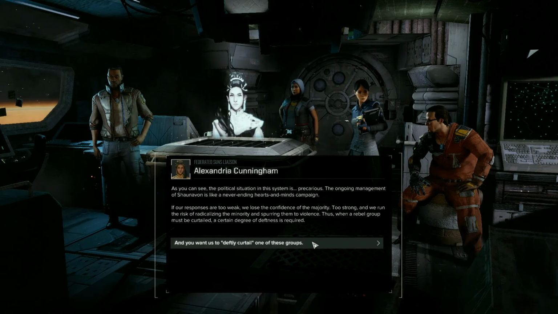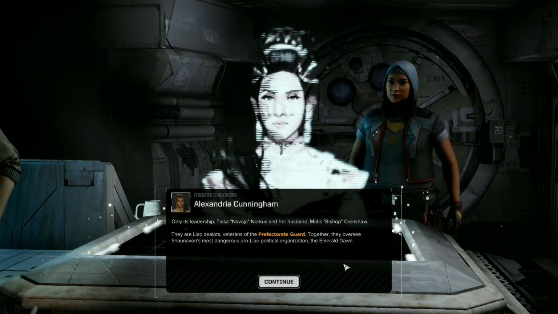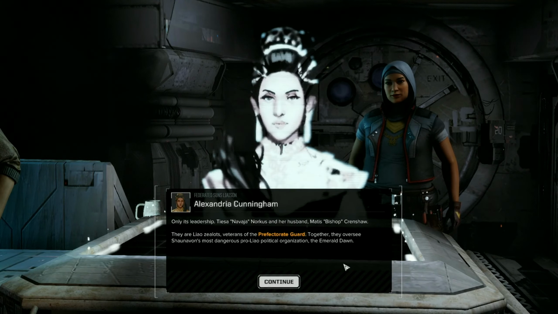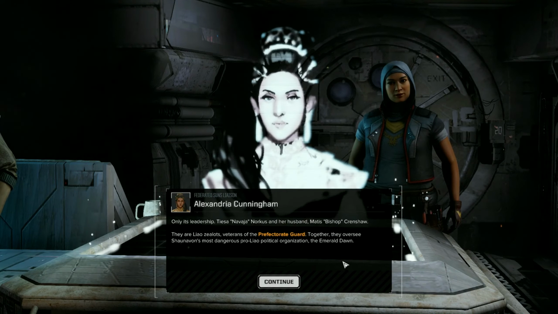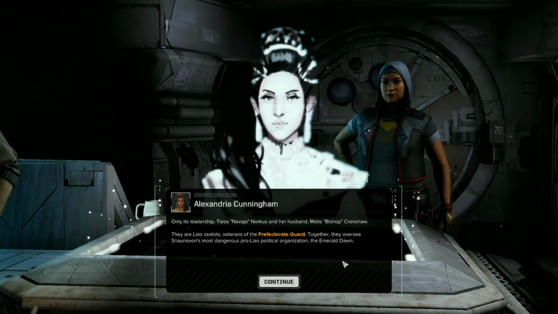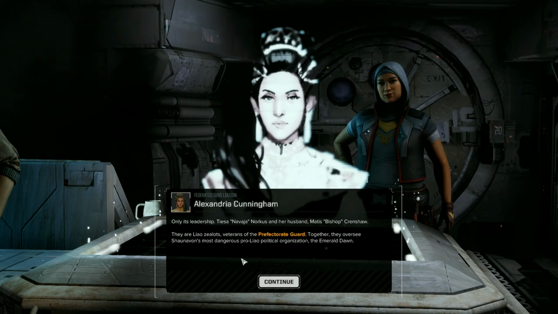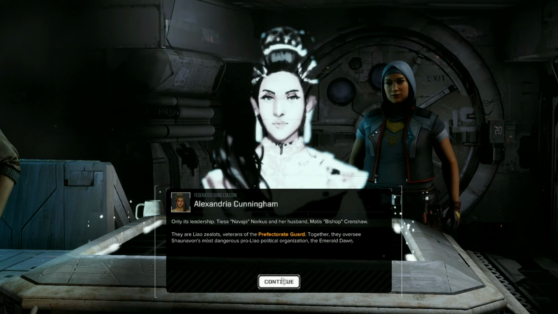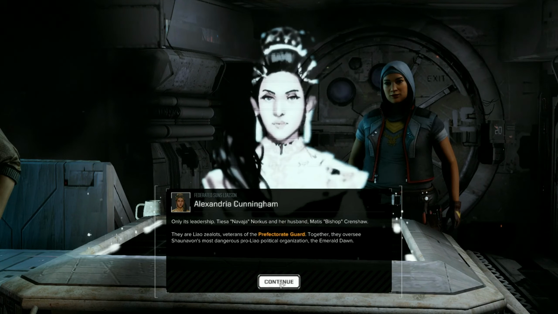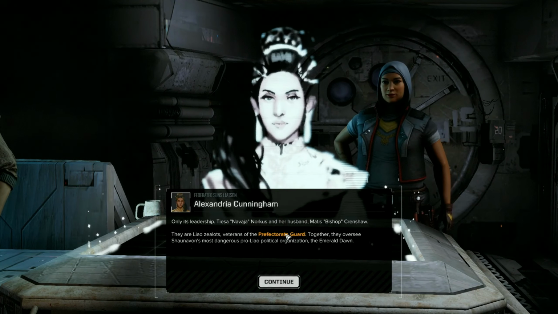We are now going to deftly curtail a group. With extreme prejudice. Yeah. But also deafness. Only the leadership. Okay. The Emerald Dawn is a dangerous pro-Liao political organization. Oh, they're veterans of the Prefectorate Guard. Okay, so